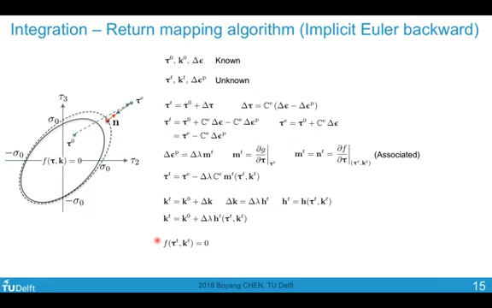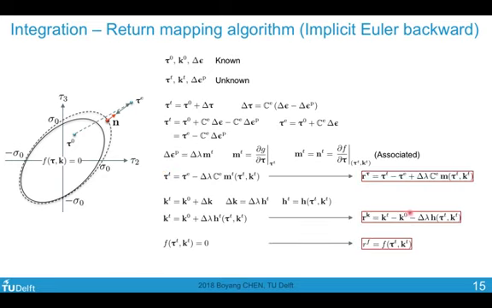And our yield condition is strictly enforced at time t. So we have three equations. We can form three residues. The objective is to find the tau t and k t such that the three residues become zero, which then would correspond to satisfaction of this yield condition, this equation, and this equation. And by now you should already be familiar with the residues. They need to be solved in iterations. So using Newton-Raphson iteration at each integration point, we can solve for the solution to these residual equations.